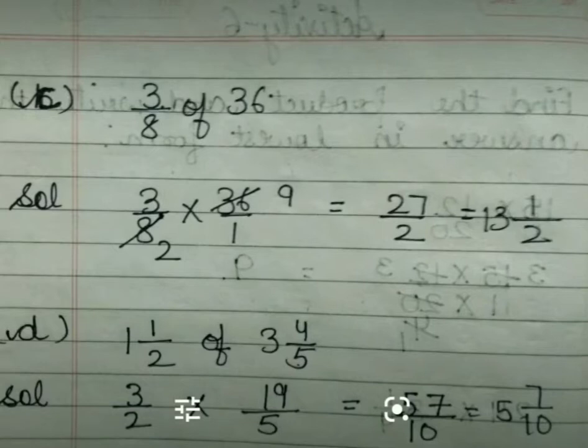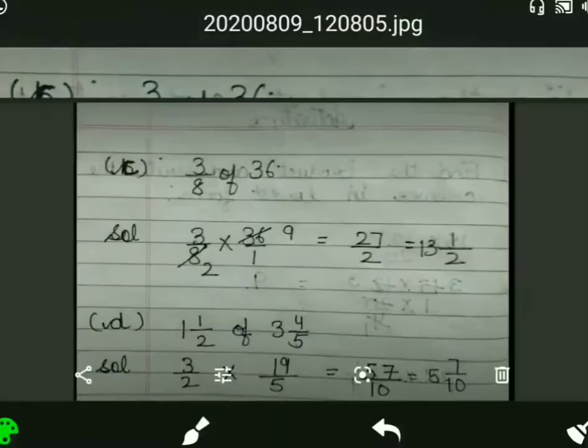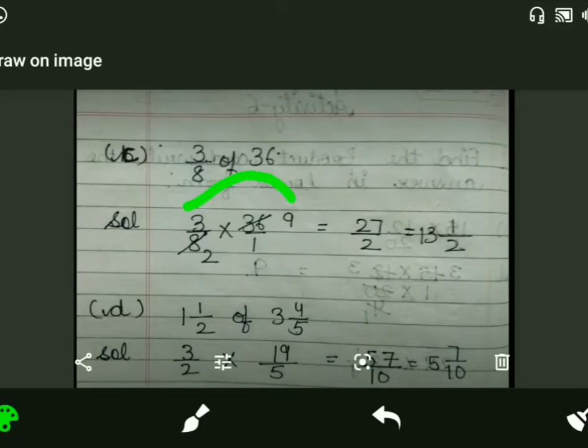Now student, we will see, 3 9s are what come? 3 9s are 27, because after that we can't cut one number from numerator and one number from denominator. So what do we do now? We will multiply the numerator. 3 9s are 27, so I will write here 27. Down, 1. 2 multiply 1. 2 1s are 2. So I will write 2 here. Now 27 upon 2, it is in which form? It is in improper form. So we will convert it in mixed form. Clear? By dividing it. So this will be the answer of C part.